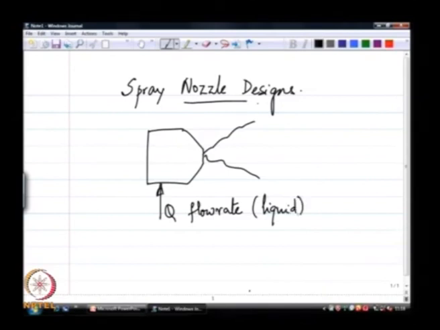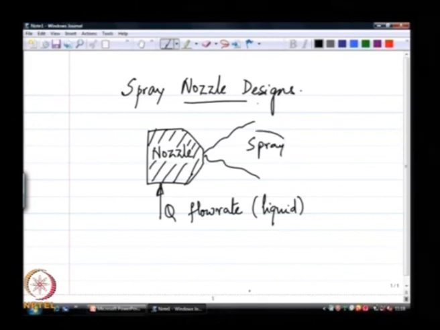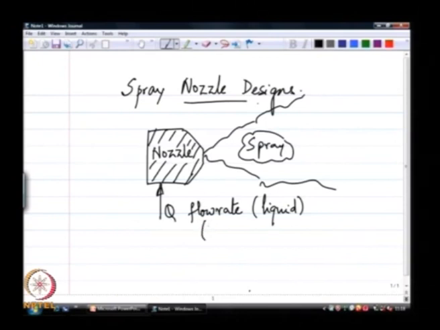Let us just take a very simple example where liquid is going into my nozzle and I have a spray coming out on the other side. If Q is the volume flow rate, it is in units of meter cube per second,